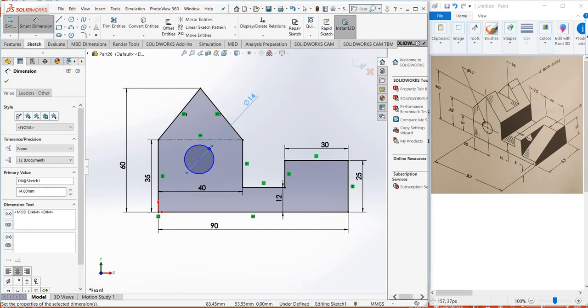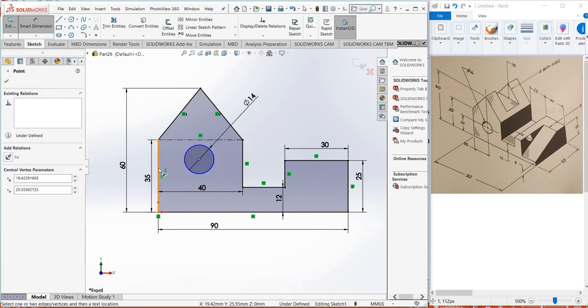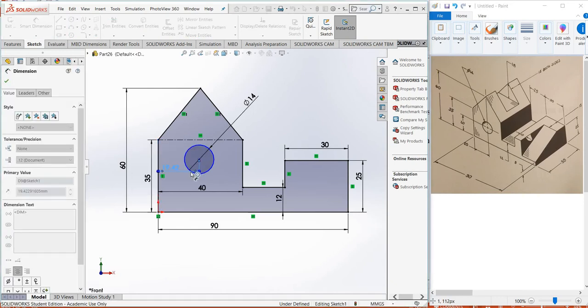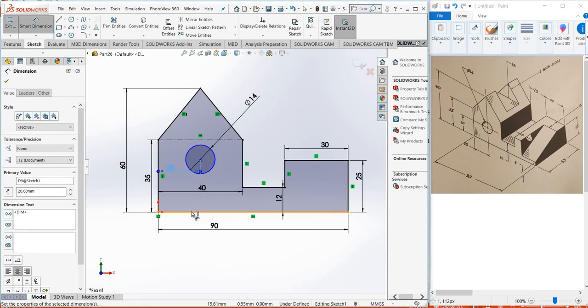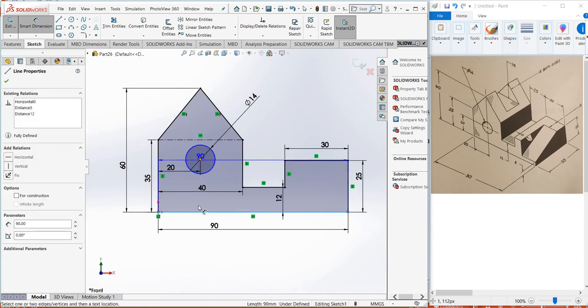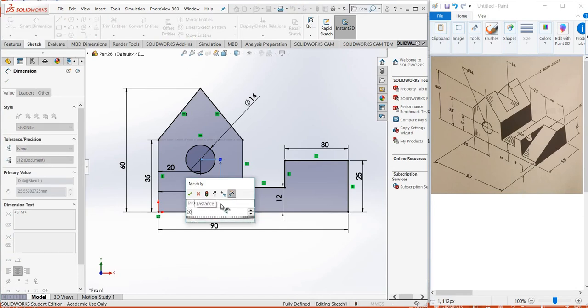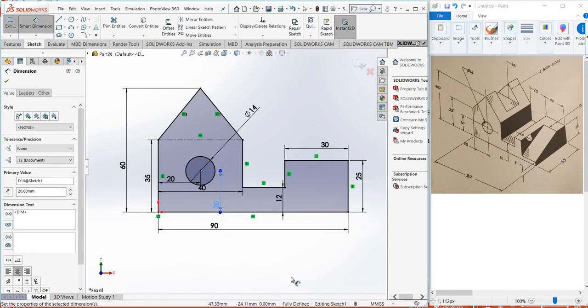It's right here, 14. Now let's locate the center point of the circle from this side, which is 20, and from the bottom horizontal line, the center point is also 20 millimeters. Okay, so our sketch is fully defined. That you can see here, it's fully defined. So I'm going to accept my sketch,